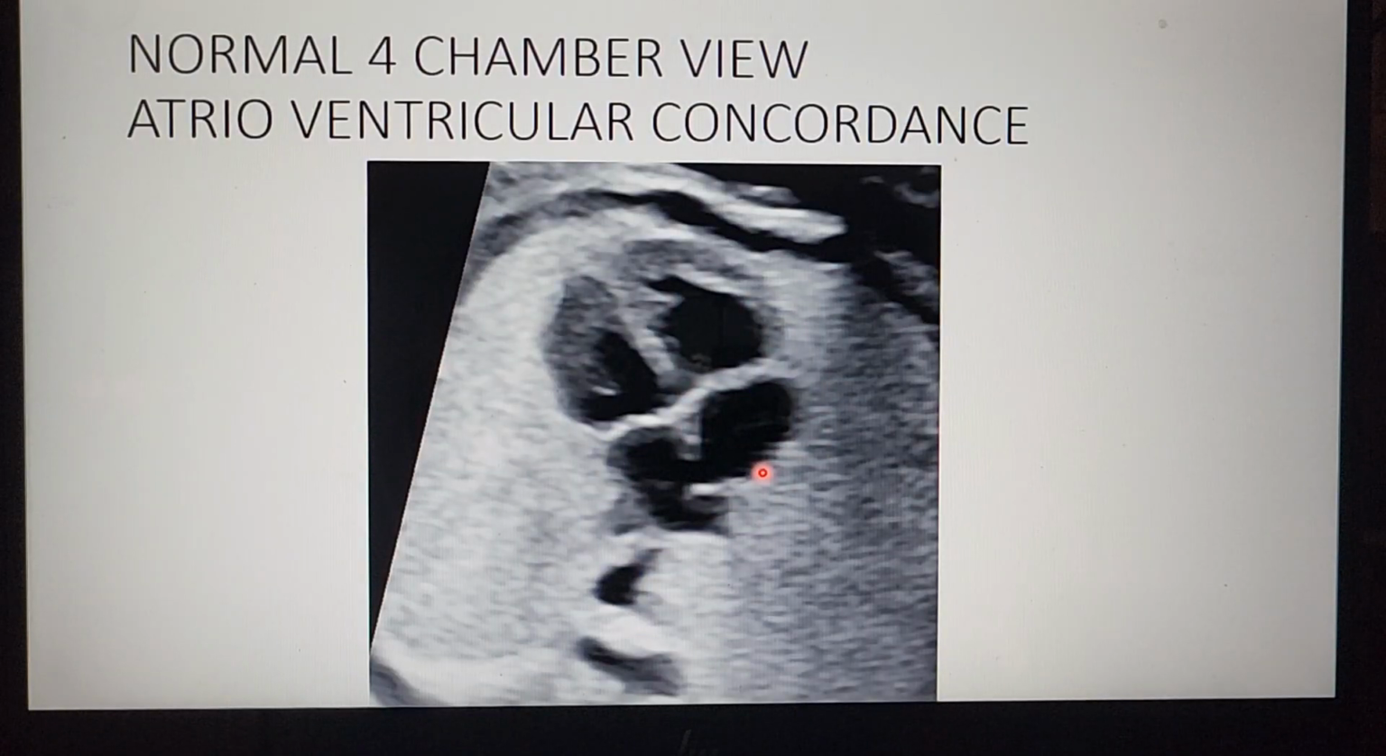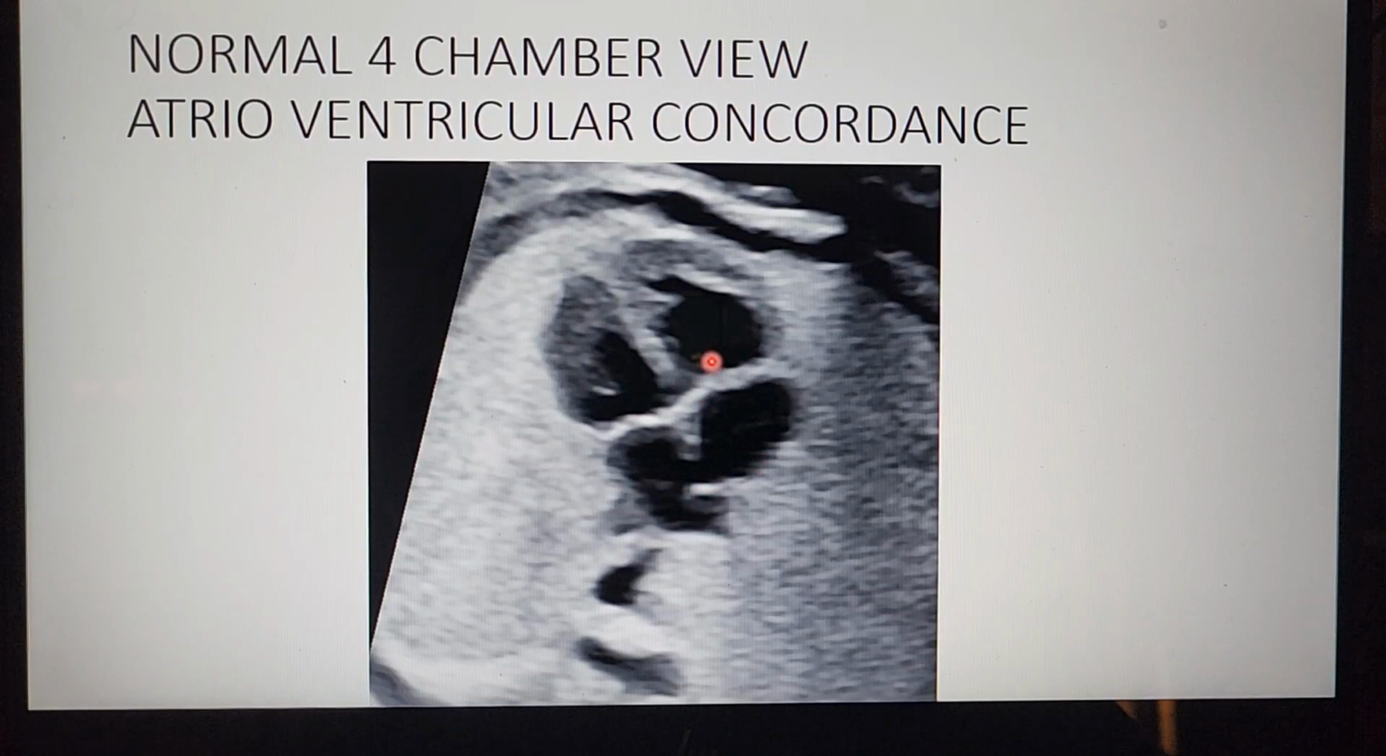Now here we have a 4-chamber view with atrioventricular concordance. In this case, when we see the 4-chamber view, this is the LA, this is RA, this is RV, LV, foramen ovale apparatus, left sided descending aorta, levocardia. This is left, this is right, and you can see the crux is formed by a more apically inserted tricuspid valve and a more basally inserted mitral valve. So this is a normal 4-chamber view with